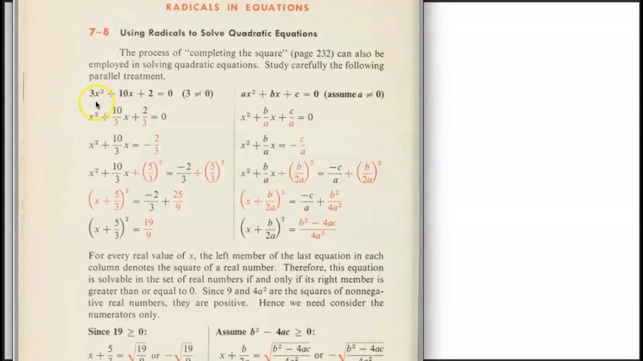Okay, so notice what happened here. We divided by 3. That made 3x squared divided by 3 just x squared. Now we have 10/3 x plus 2/3 equals 0. Okay, so now we take this constant term and we move it to the other side, right? So it's negative 2/3, right? It crosses the equal sign, changes its sign. Okay, now what are we going to do? Well, we're going to